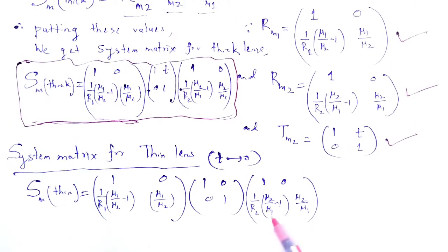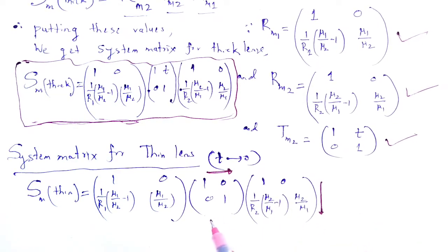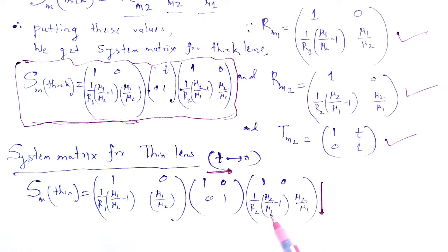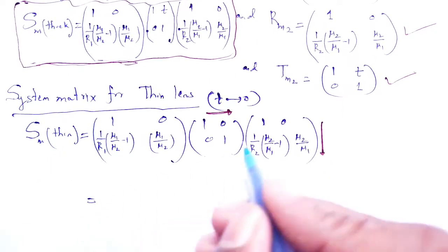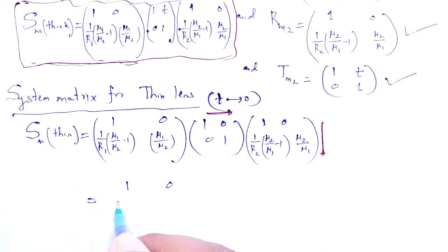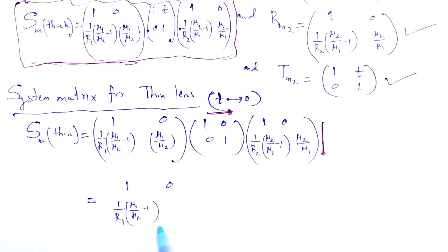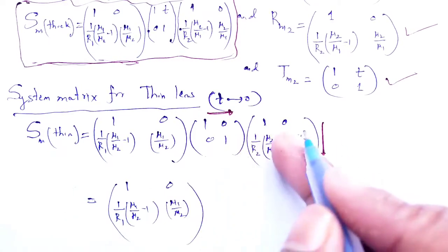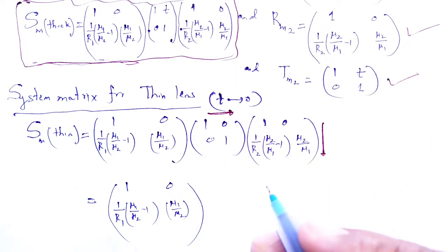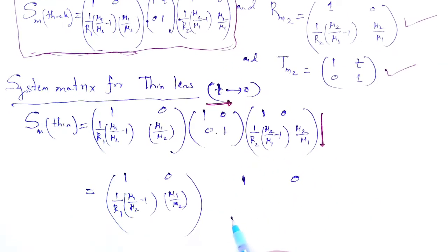Now that is a 2 cross 2 matrix, so that matrix is multiplied with this matrix. 2 cross 2 matrix, 2 cross 2 matrix, that row to this column, that row to this column, the matrix multiplication. So 1, 0, 1 by r1, mu1 by mu2 minus 1, mu1 by mu2. Next, in the matrix multiplication that row to this column, so it will be 1, 0. Next, this row to that column is 1 by r1,